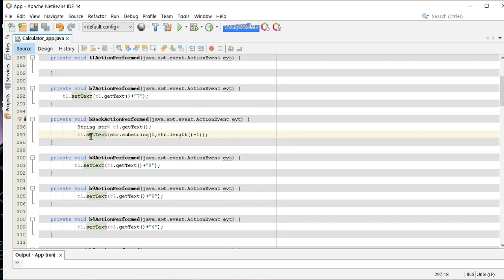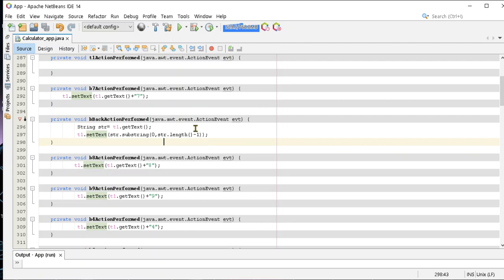Once we enter the number, at some point of time we realize that there's something wrong with that number we entered. So on the back, we will be minus, or it is decrement